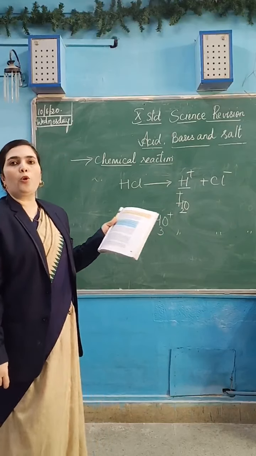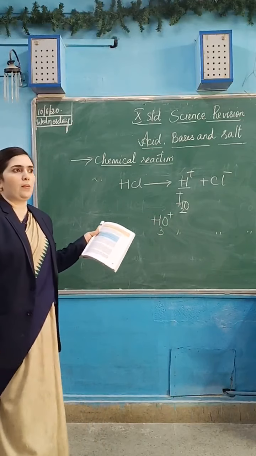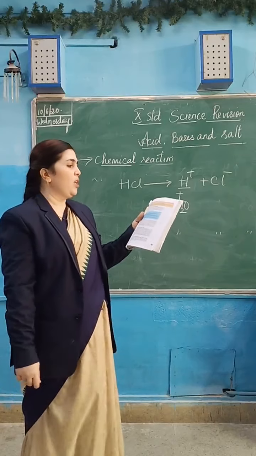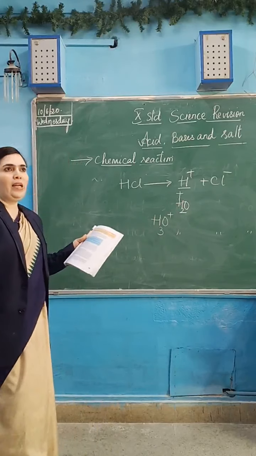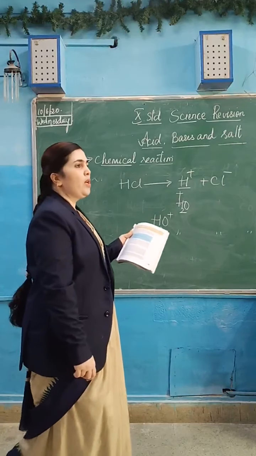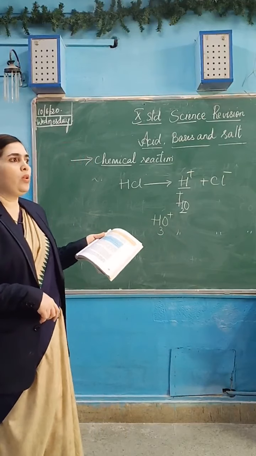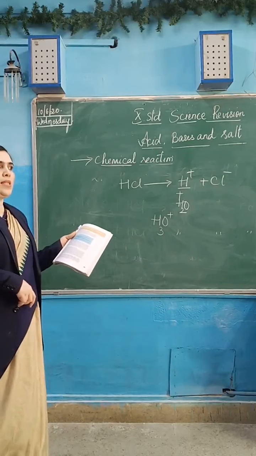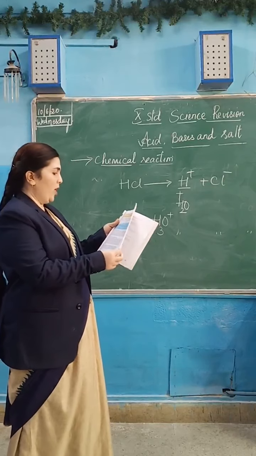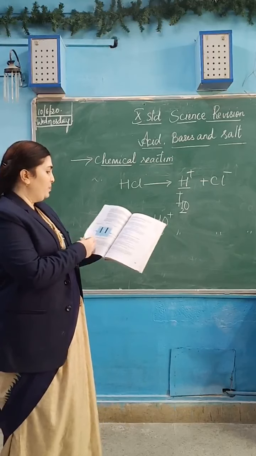To prevent tooth decay, what do we have to do? We brush our teeth twice. After eating, we brush our teeth. When you are brushing with toothpaste, what is present in the toothpaste? A mild base is present, like calcium hydroxide or magnesium hydroxide. So if any acid content is there in between our teeth, the acid will get neutralized by the base present in the toothpaste. That is also a frequently asked question. That is the pH in our daily life.